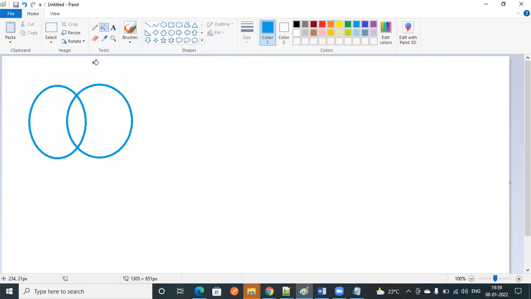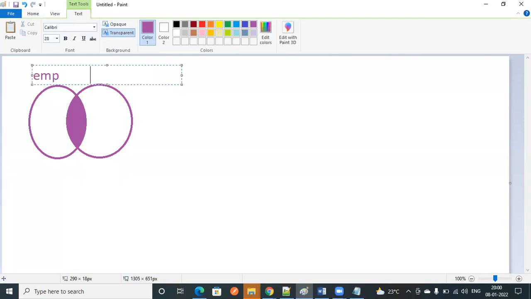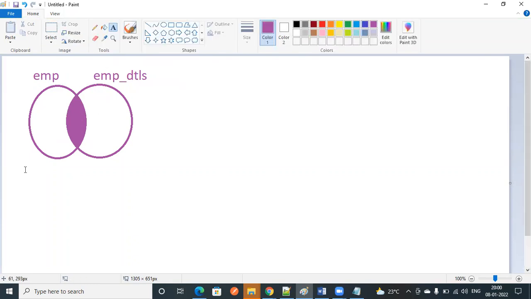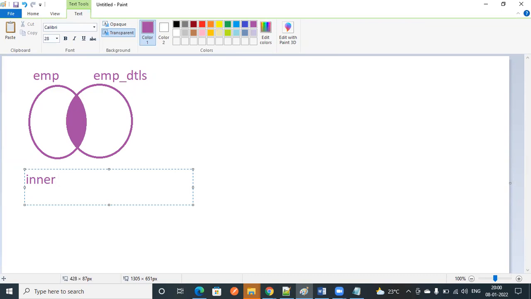So if it is an inner join, it will fetch all the rows that are present in both the tables. This is for inner join.